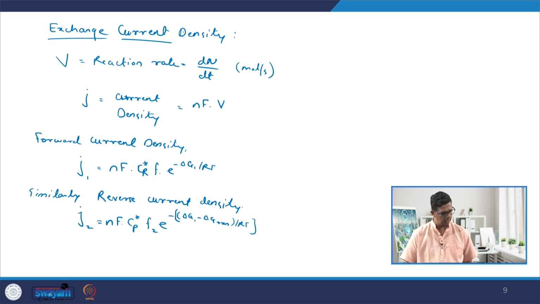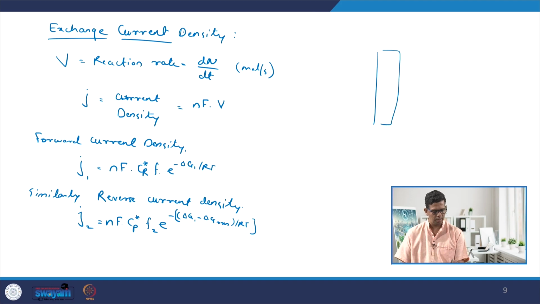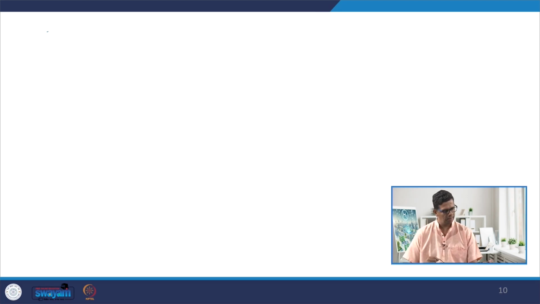So, what we are trying to do here is, we have taken one electrode, and on that electrode we have considered two reactions happening. One is in the forward direction, the other one is in the reverse direction. So we have found out the reaction rate for the forward reaction. We have also found out the reaction rate for the reverse reaction, and since the forward reaction is happening and the reverse reaction is also happening, there should be forward current density and reverse current density as well. So at equilibrium, I can say